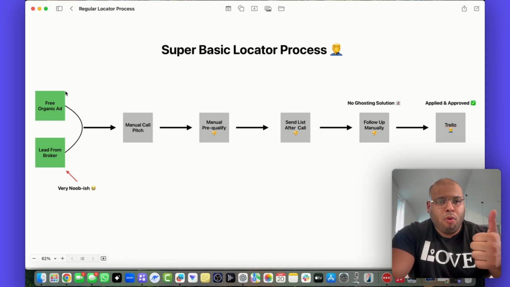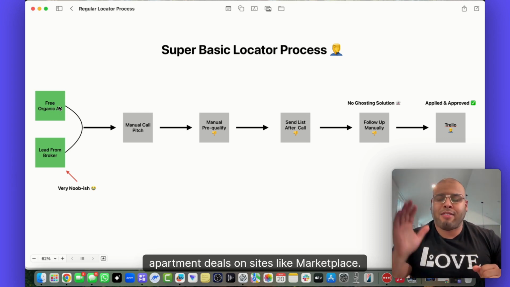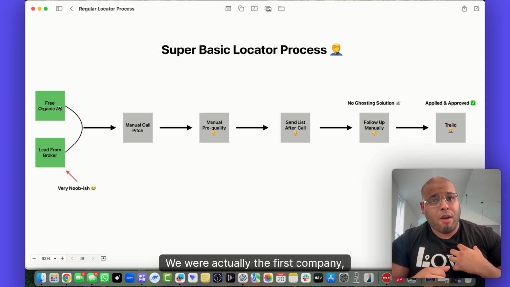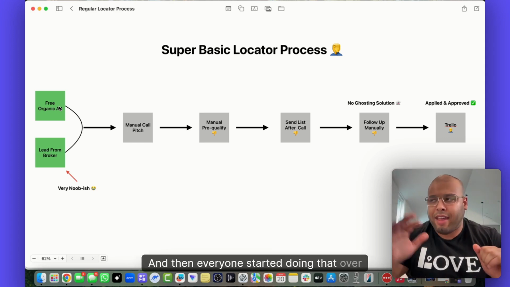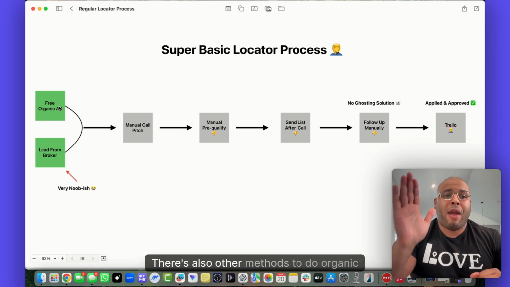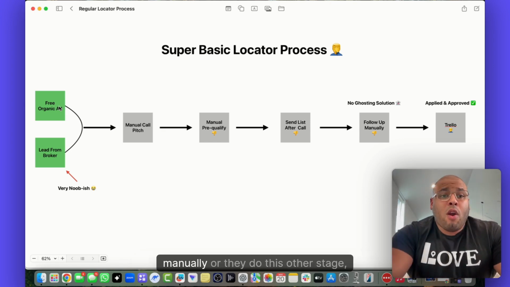So the first way normal locators get traffic is they post free apartment deals on sites like Marketplace and Craigslist. We were actually the first company. I was the first person to discover Marketplace really for the whole industry, and then everyone started doing that over Craigslist. There are also other methods to do organic marketing, but most locators do Craigslist and Marketplace manually, or they do this other stage,